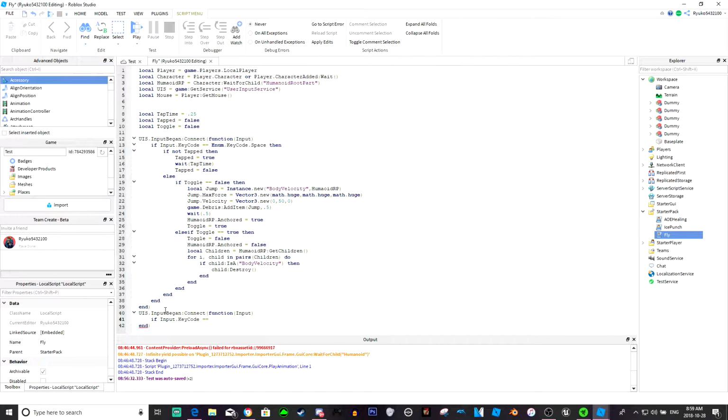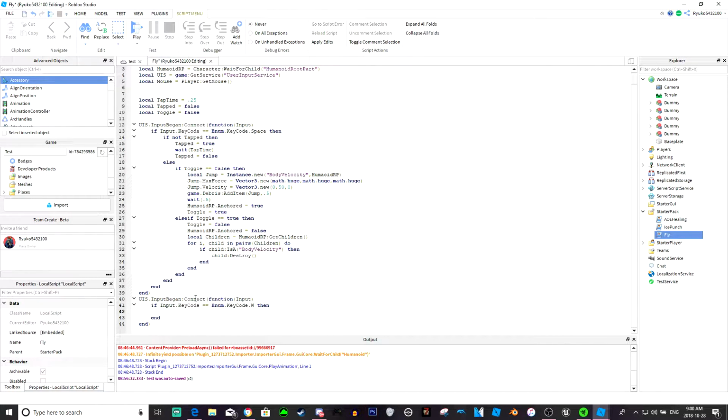Okay, I knew I was missing something. Enum.KeyCode.W, then, so if you hit W, then if toggle equals false, return end. So if you're not flying, then it's just going to ignore. Else, if you are flying,